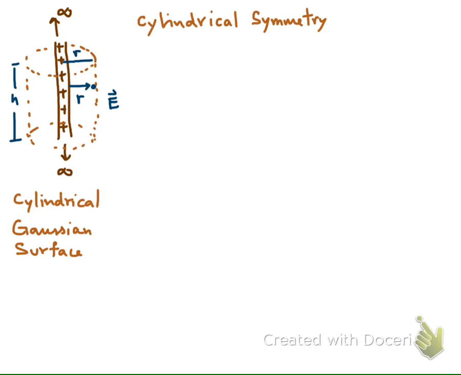The cylindrical symmetry here means that first, the magnitude of E is constant